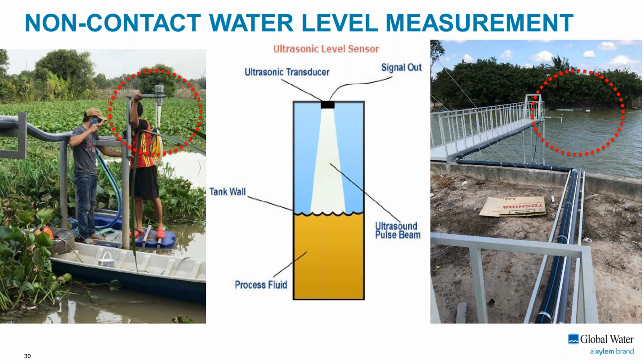So here we have the first slide over toward the left. We've kind of circled it there so you can identify it. That is going to be the global water radar sensor, which is available with two models. We have aluminum as well as stainless steel. And the radar sensor has its own applications where it's recommended versus